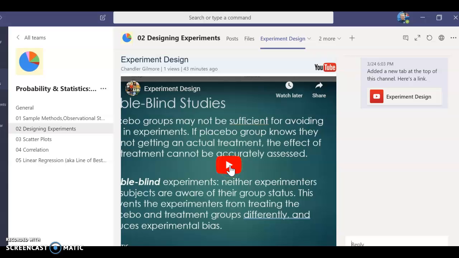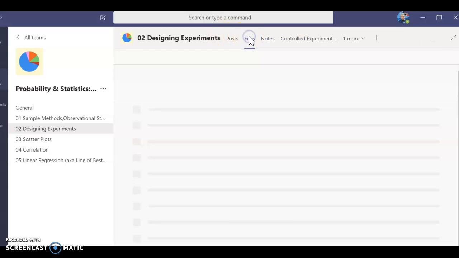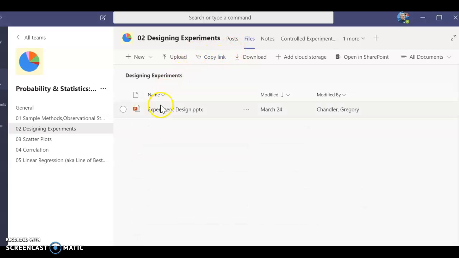If you don't want to watch the video version of it, but you want to go through it at your own pace, just go up to the top here where it says Files, click on that. And this is the only file I've presented for this. This is the actual PowerPoint. So you can flick through that at your own pace. Okay, so that's pretty much it until it's time to actually turn it in.